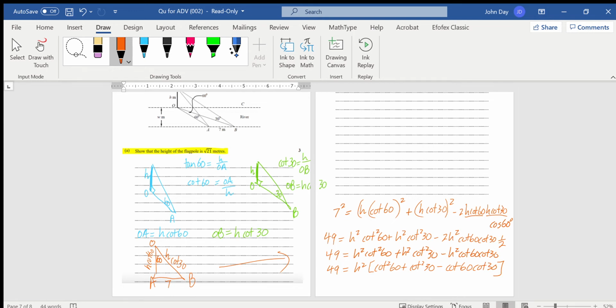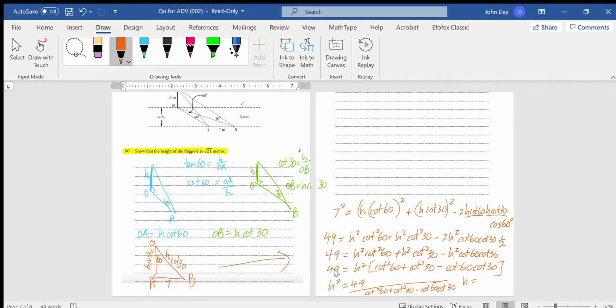So I can divide by what's in the square brackets to get H squared. H squared is 49 over all that nasty square bracket stuff. Stick that in the calculator and square root it, and it'll come out with H, and hopefully it's root 21. So what's 21 squared? If I do all that work, it comes out to be 21 before I square root it, right? So the right-hand side should be 49 over,